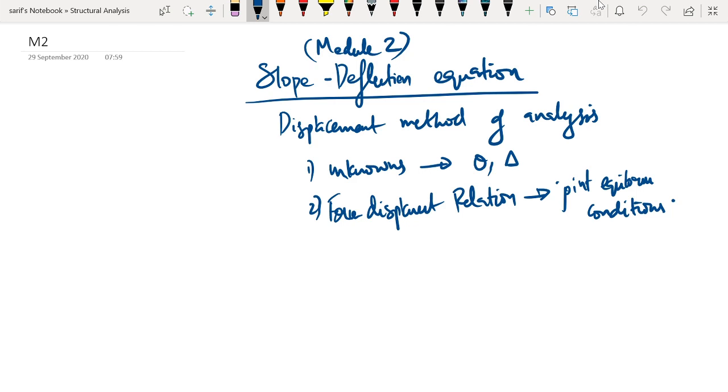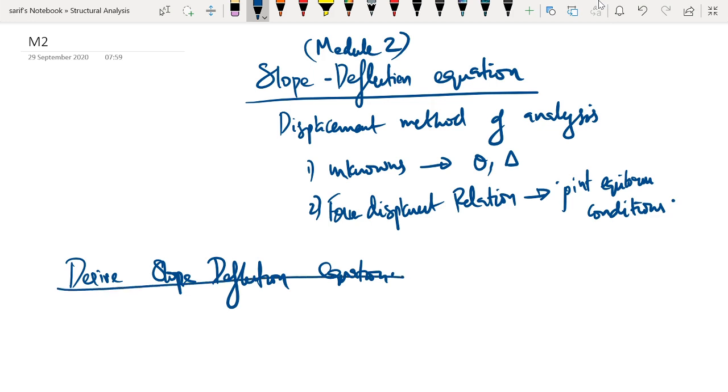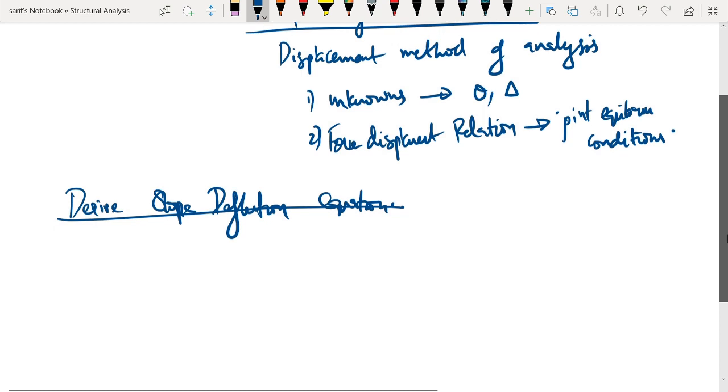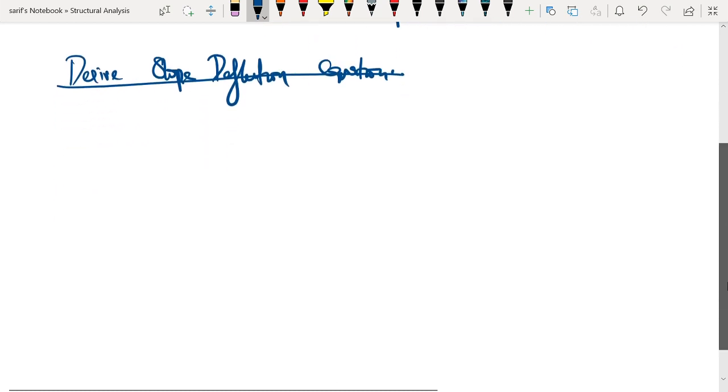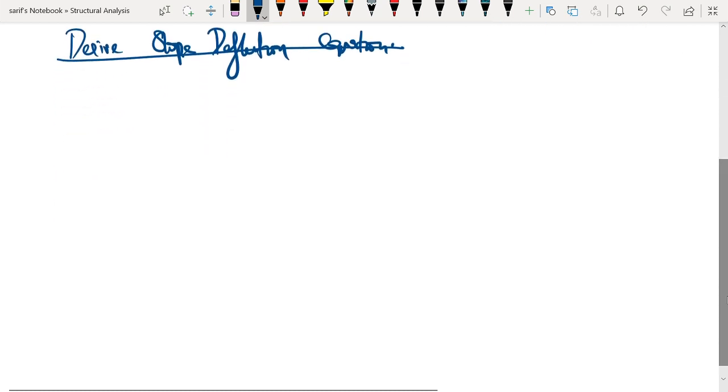Now let us see how to derive the slope deflection equation. So before we do that, we need to learn some basic concepts. So first one is,